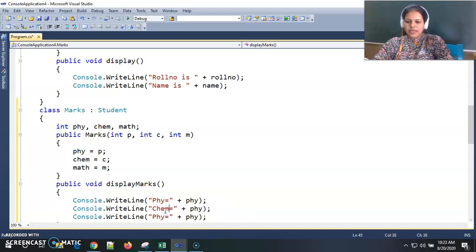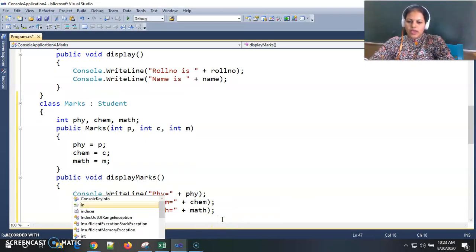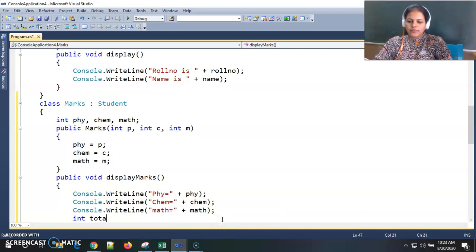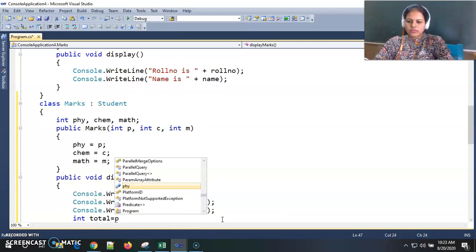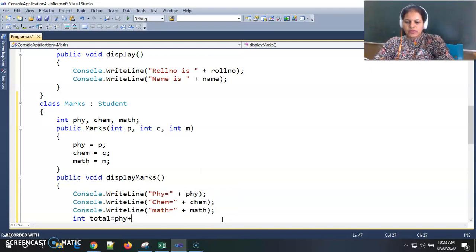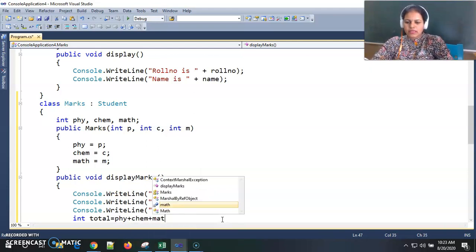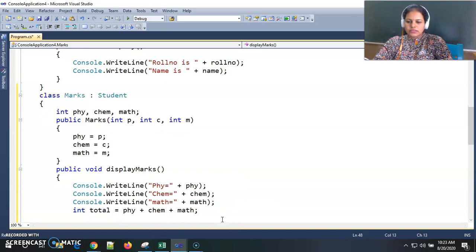We also display total and percentage here. If we want total and percentage, then we may display total as well. Now I am declaring one local variable and storing the value of physics plus chemistry plus math inside it, and I am using a double variable percentage equal to total divided by 3.